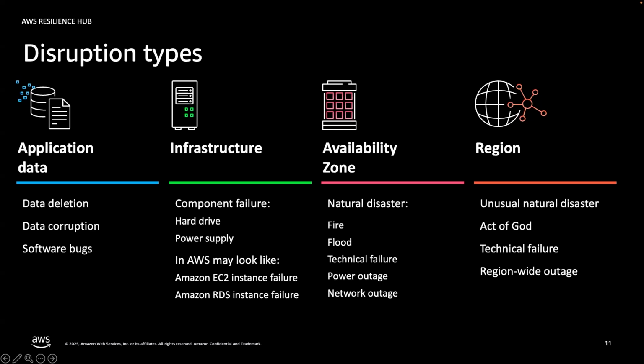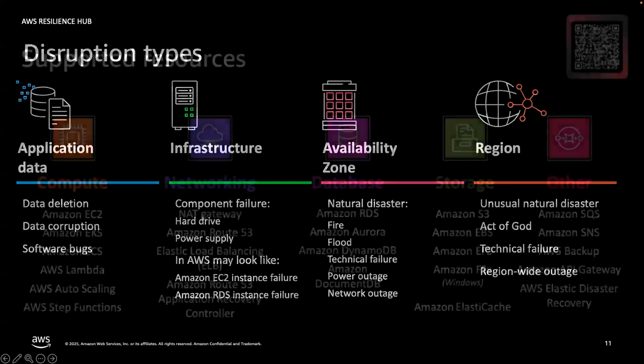There could be an issue with an availability zone itself, a power issue or a weather issue, or an entire region-wide failure, like a technical failure or something that would drive something at that scale. So you can simulate all of these types of scenarios within the service and then get real-time feedback on the